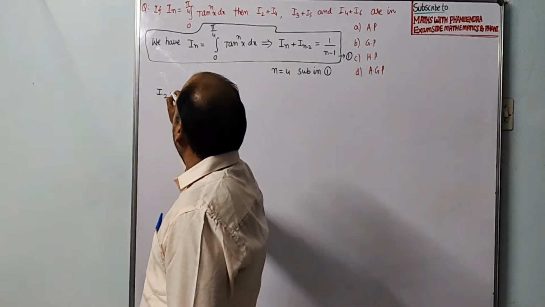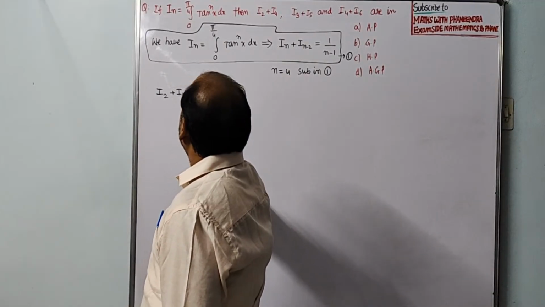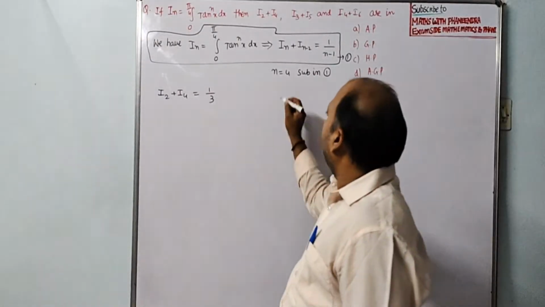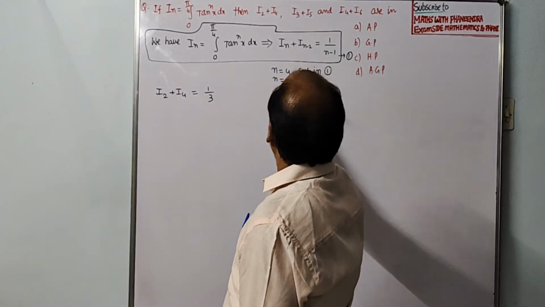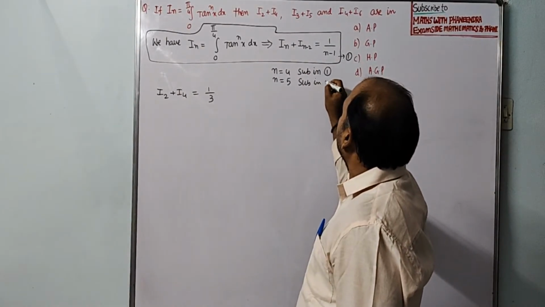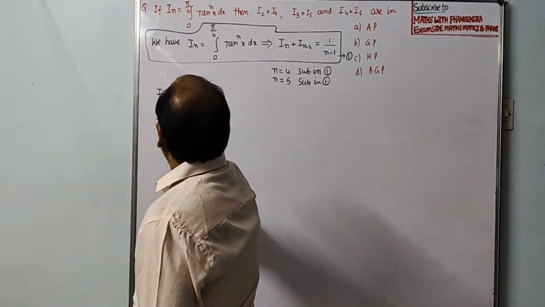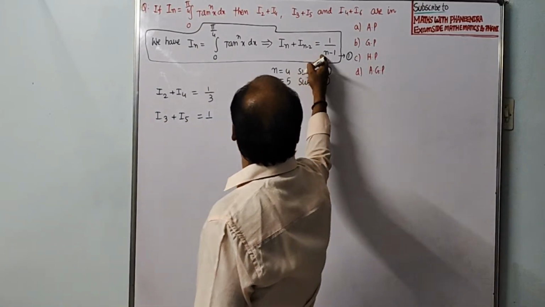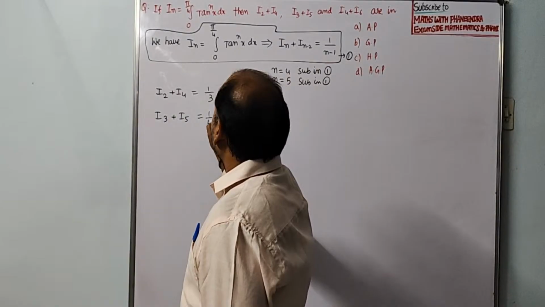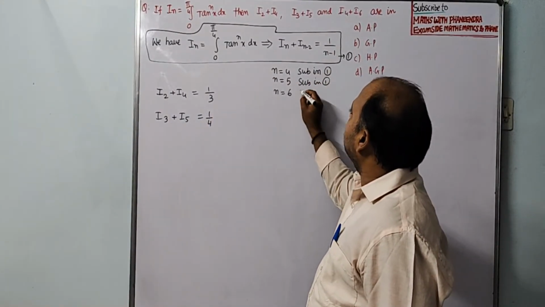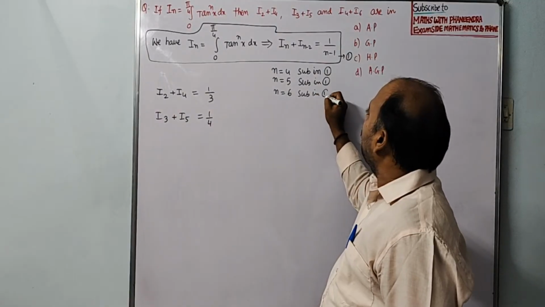So I2 plus I4 is equal to 1 by 3, 1 by 4 minus 1. Next, n is equal to 5. If you substitute in equation 1, we get I3 plus I5 is equal to 1 by 5 minus 1, 4. Next, n is equal to 6. Substitute in equation 1, we get